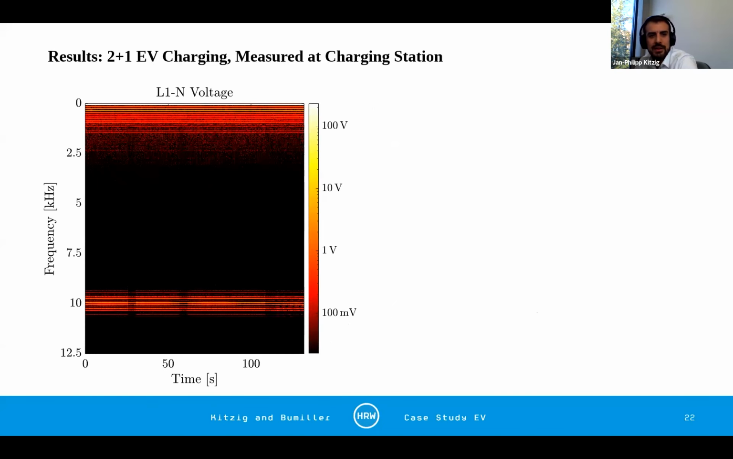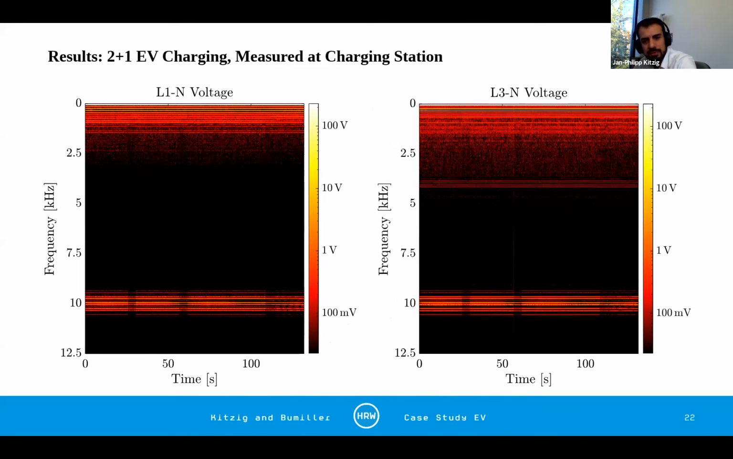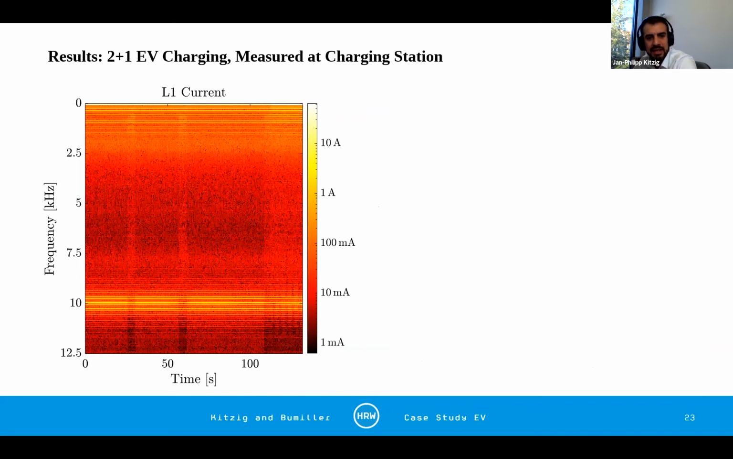Let me show you the L1 and L3 to neutral voltage. And you can actually see that there is quite a dynamic in these distortions at around 10 kilohertz. And you also have these distortions in the current. And you can see in the current especially that you have 3 short-timed changes in the spectrum that is influencing